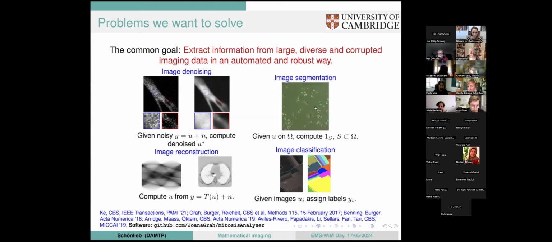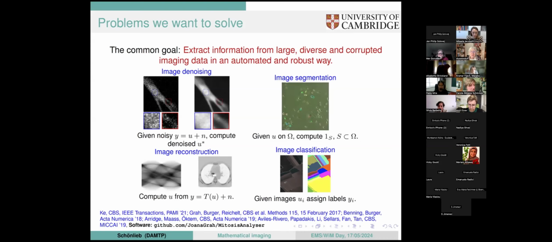So this is why this could be several cells here in this image that you want to detect. Image reconstruction, very closely related to image denoising, is another very, very important topic that in particular appears when